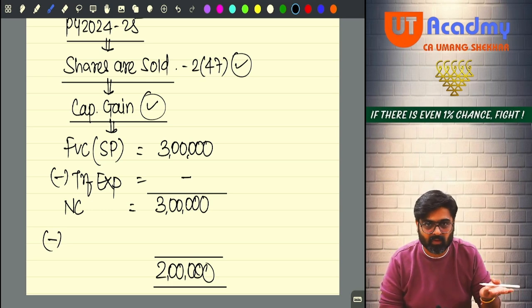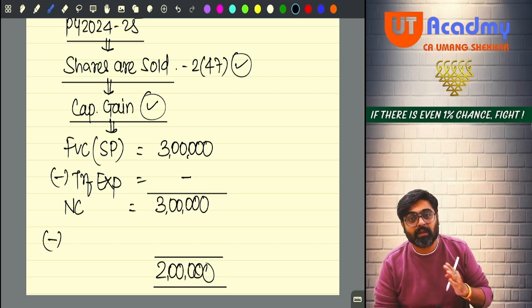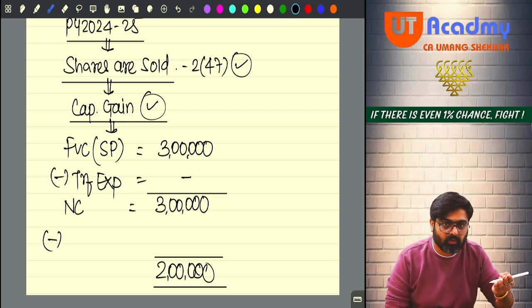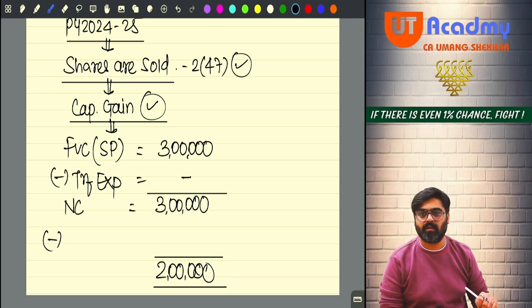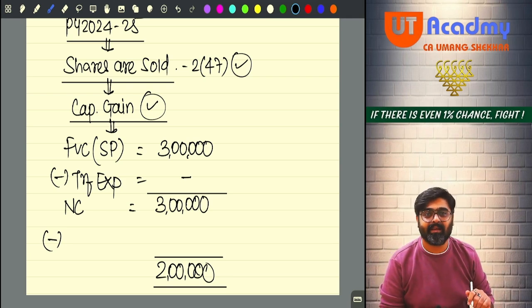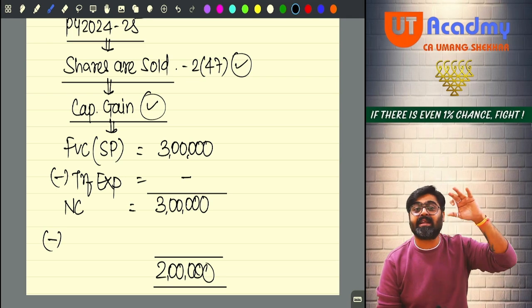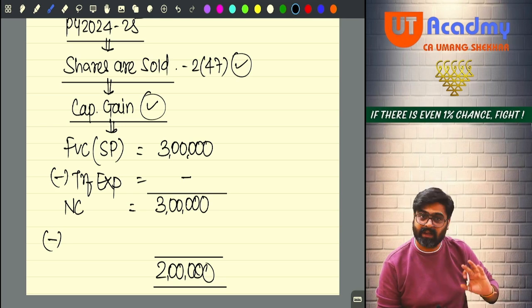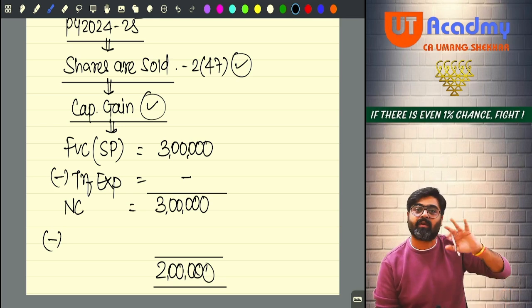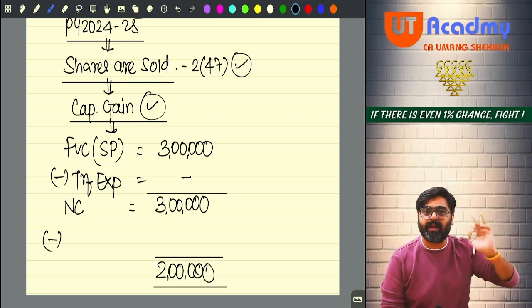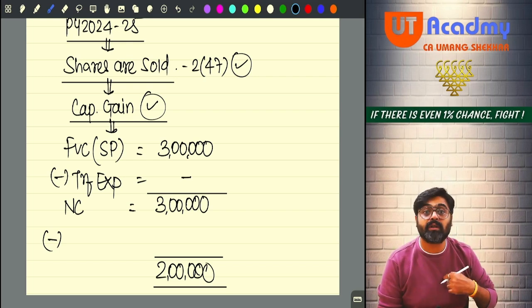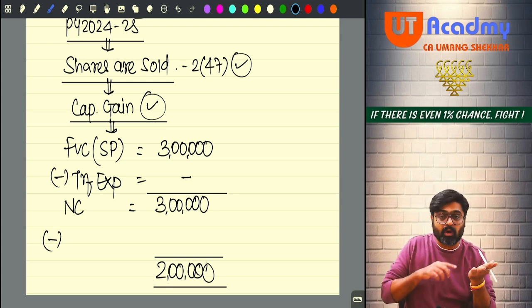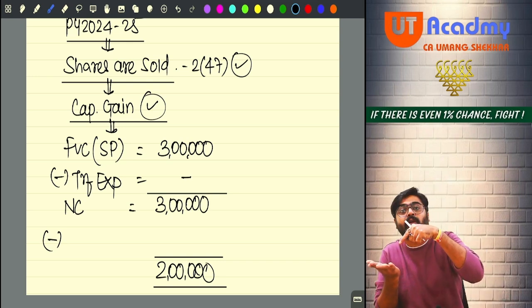Because if we allow that, what will happen? The gain happening in the period of holding of the shares which you are realizing, only that gain will be taxable. So what about that gain which we left at the time of conversion, thinking that when it will be realized, at that time you will pay tax? That will not be taxed at all, no? Even if that 1,10,000 is realized right now, you will not pay tax on that. We want tax on that also right now when you are realizing it. So we want the tax on the 90,000 also. We want the tax on 1,10,000 also.